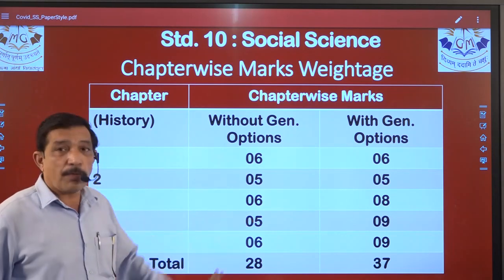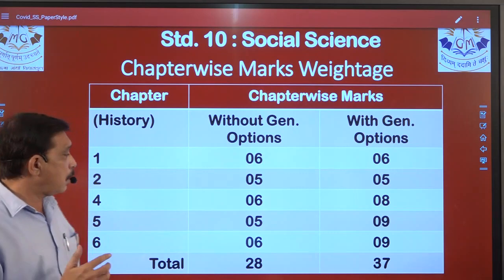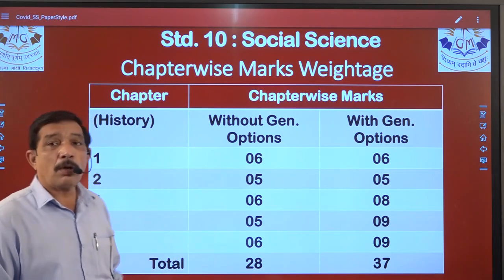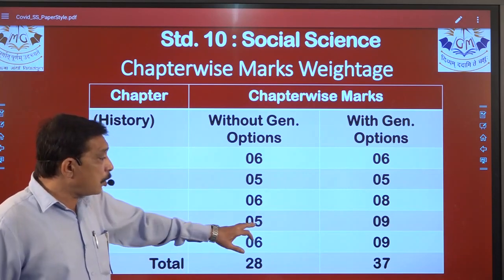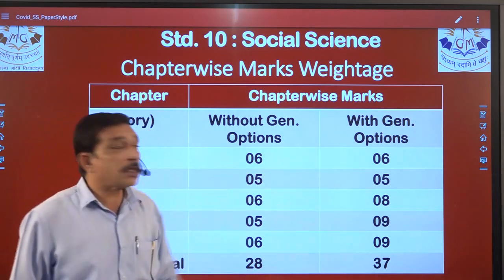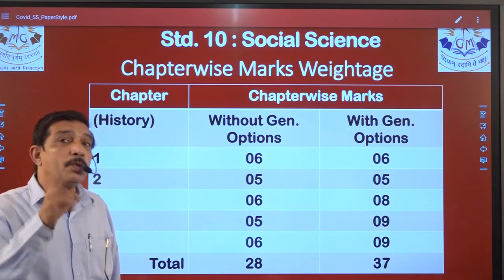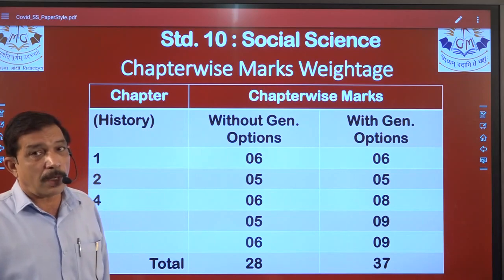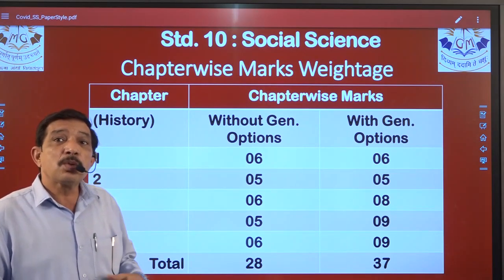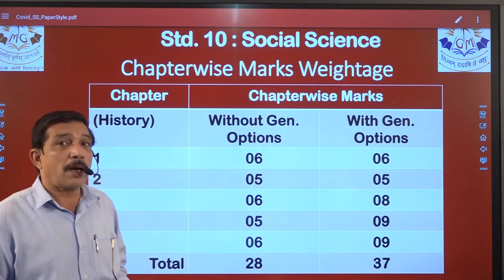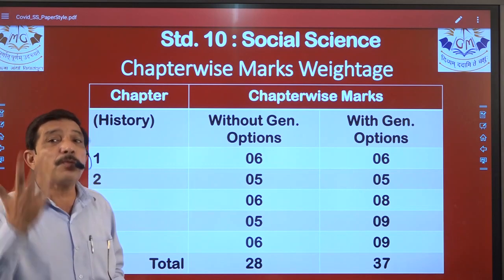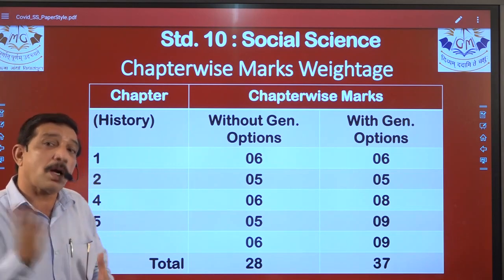Usually from chapter number 5, that is the advancement in science and technology one, right? Heritage of science and technology of India, right? So a 4 mark compulsory question is asked. Now here you can see without general option marks given 9. That means there will be 2 options from chapter number 5. That means if you, that section D, right? So if you have thoroughly prepared this chapter, then you can attempt 2 questions of 4 marks each and easily score 8 marks from section D.